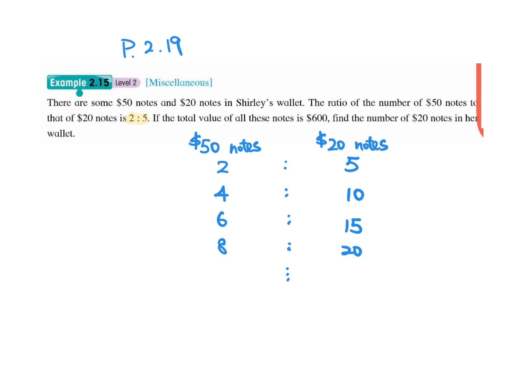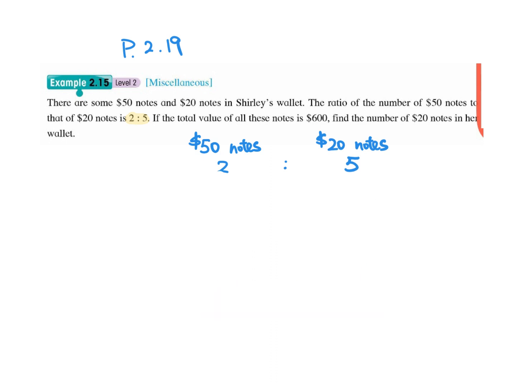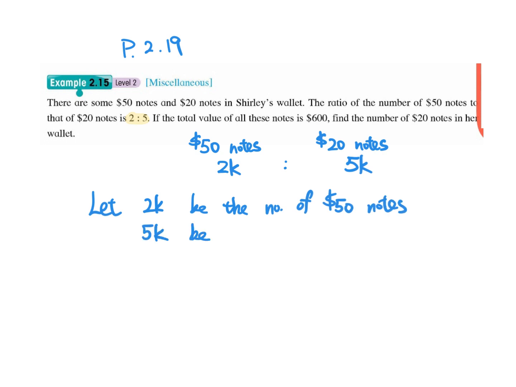And we can see that the pattern is like this one, because it is a multiple of 2 and a multiple of 5. And then we can have this pattern. Therefore, we let 2k be the number of $50 notes, 5k be the number of $20 notes,